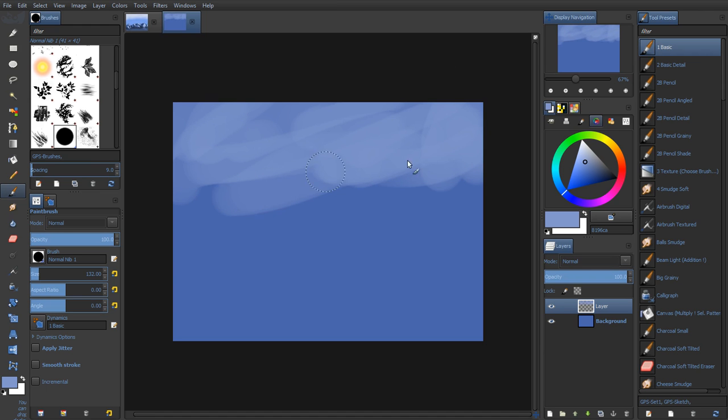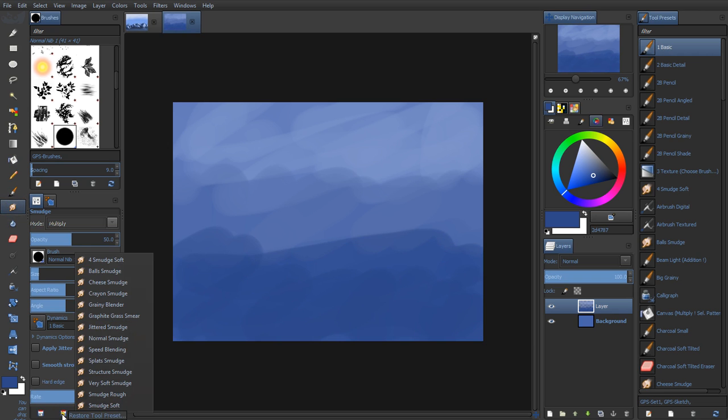a sky here. And grab a little bit darker blue and go down here at the bottom, scribble in. I'm just blocking in some shapes right now. Maybe another blue right here. Let's go a little bit darker down here. And that should work. And then I'm going to grab my smudge tool